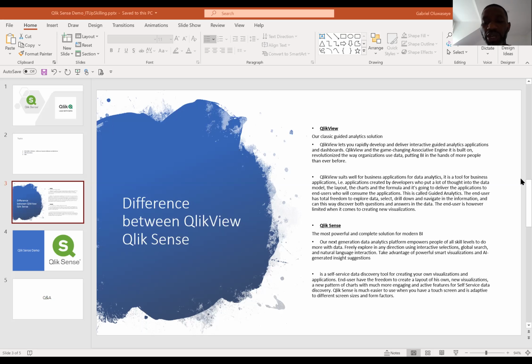And as we also equally know, the buzzword in this modern day is artificial intelligence. So all this has been packaged into Qlik Sense. And that's why I mentioned earlier on that it's the younger brother, but it's much more clever than the older brother, Qlik View. So with that, in Qlik Sense, we can start